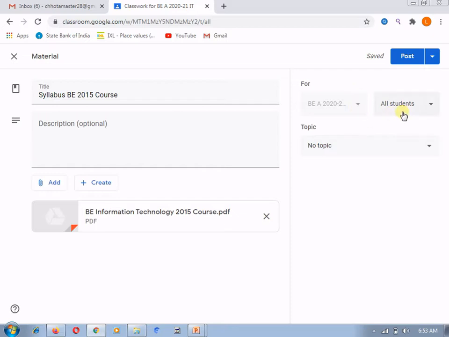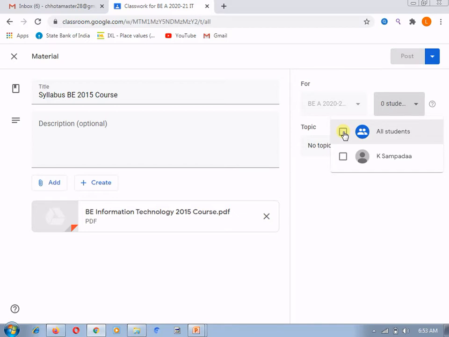Here you can select all students. If you want to post anything to a particular student, you can select only that student by unchecking this all students box, and select only the student to whom you want to post. Currently it has a single student, so after clicking on this student it will get selected as all students.